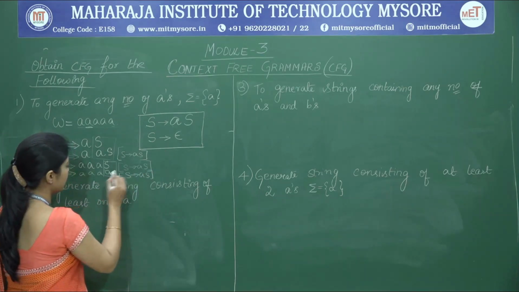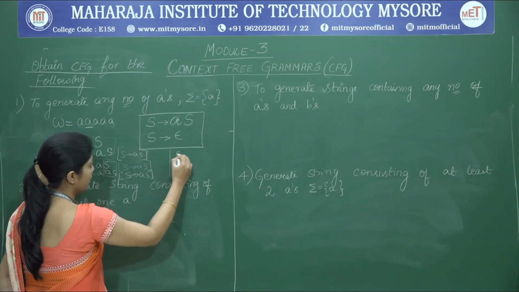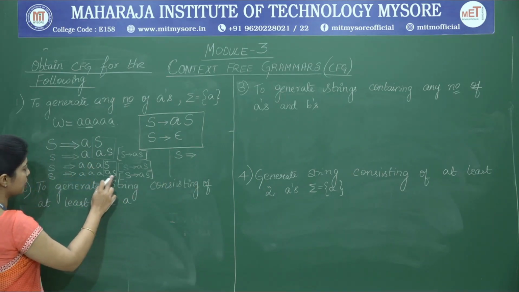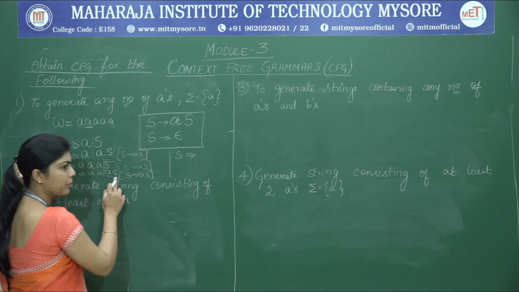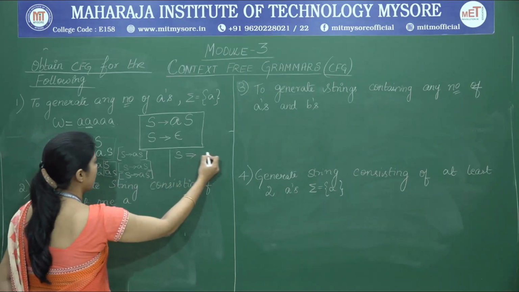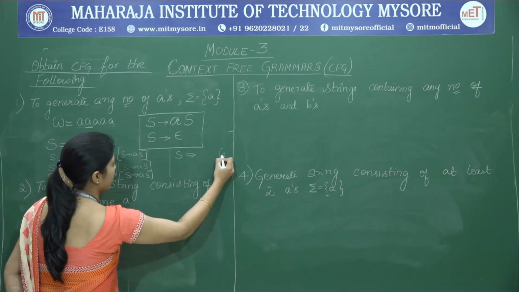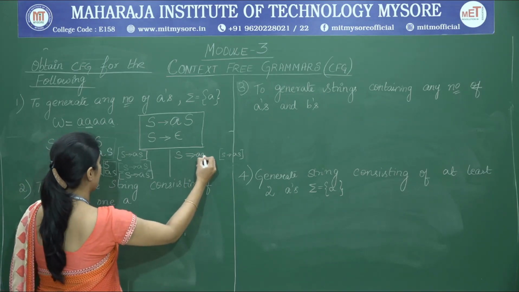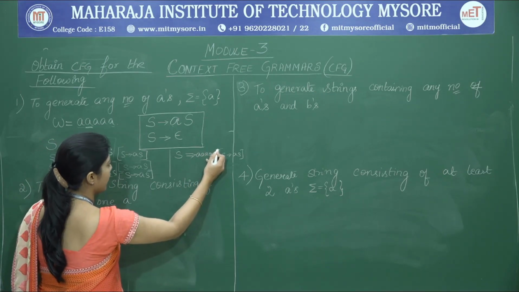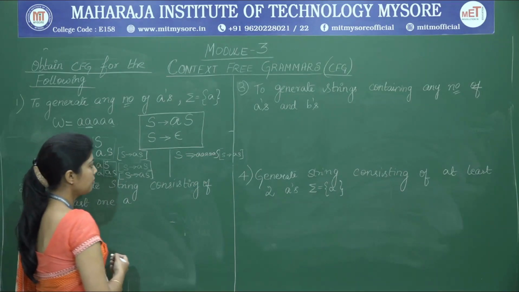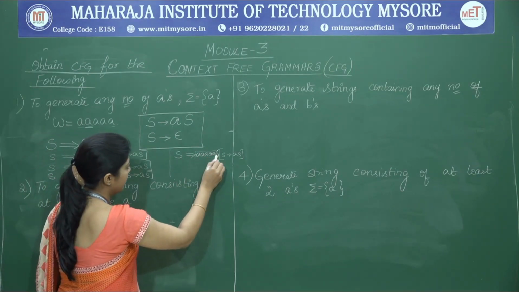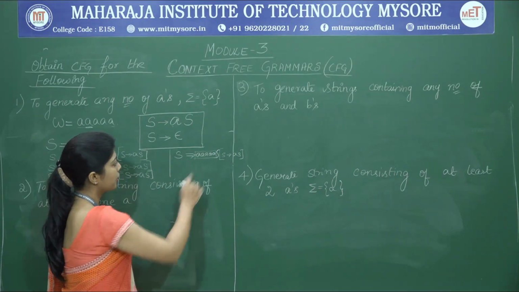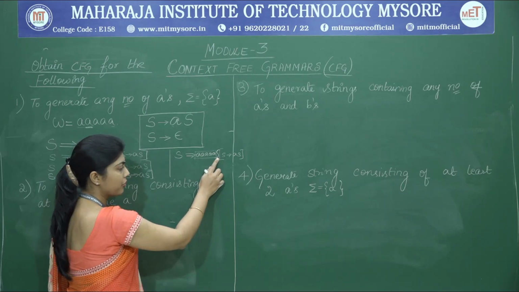So the derivation does not stop here. So I am going to continue. So S goes to, so we require the last A in this position. So therefore S has to be replaced with an A. So therefore again we are going to use the same production, S goes to AS, and we are going to write here 1, 2, 3, 4, fifth A, and then S. Now whatever we require, that is 5 A's, are already present in the string. So we don't need any more symbols in place of this S.